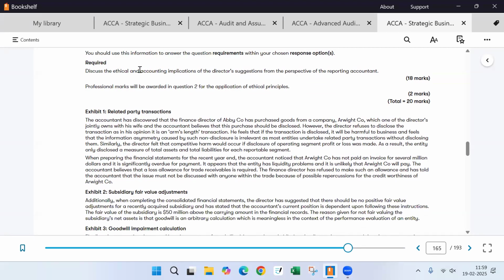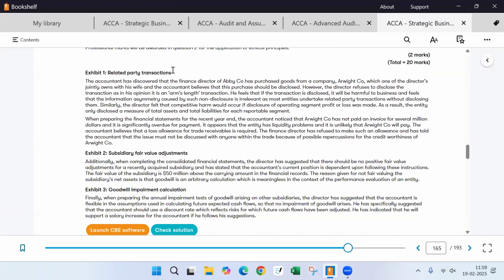All right, which the director jointly owns with his wife, and the accountant believes that this purchase should be disclosed. However, the director refuses to disclose the information, as in his opinion